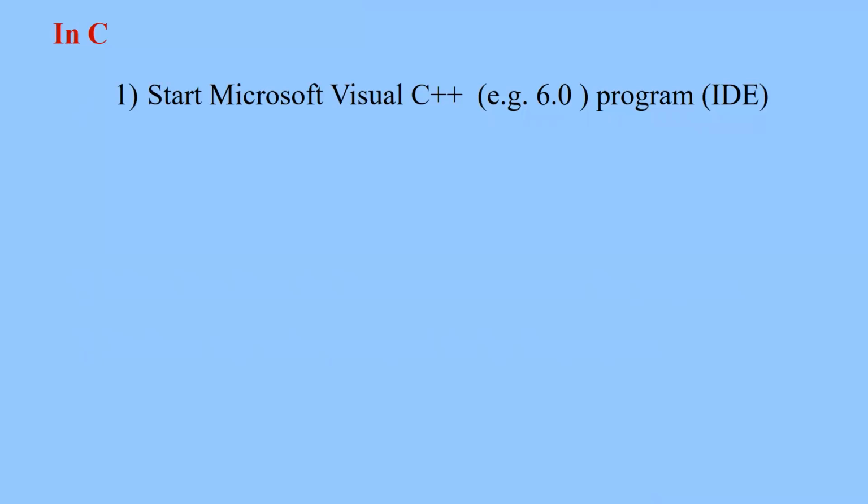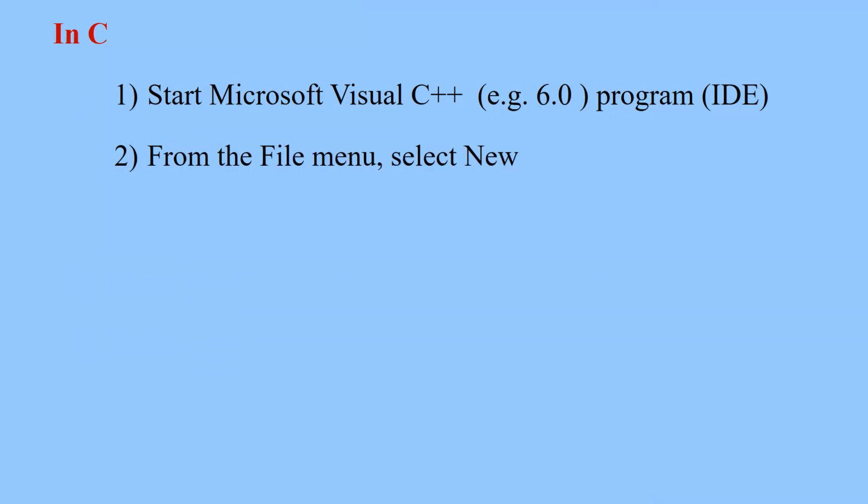When that Microsoft Visual C++ program opens, in fact, what you'll be opening is its IDE, its Integrated Development Environment. Step 2, once Microsoft Visual C++ 6.0, or any other C++, has been displayed,